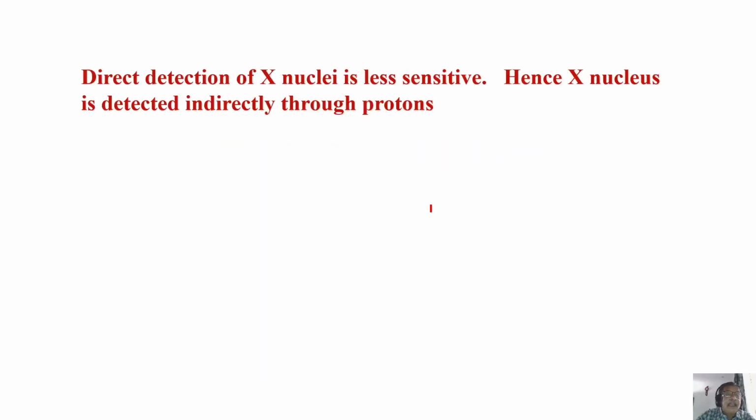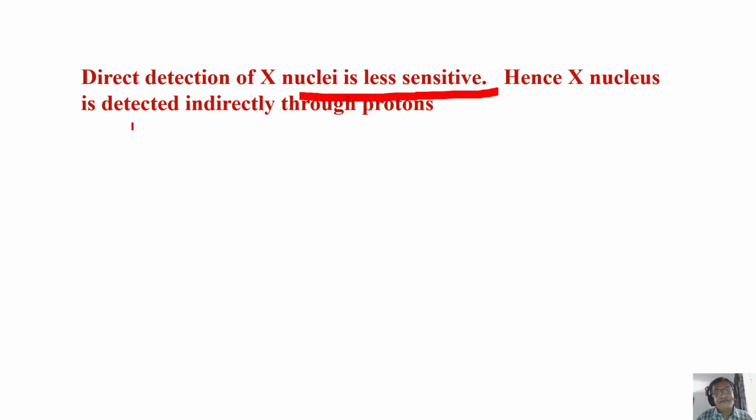Okay, I'm not showing that spectrum. Now I'll go into what is called inverse spectroscopy. What is inverse spectroscopy? That is something very, very important to know. For example, if I want to detect the X nuclei, which is less sensitive, you know that. I want to detect carbon, which I have already told you is less sensitive, it takes an enormous amount of time to get the carbon with the same signal to noise ratio as that of the abundant spin.